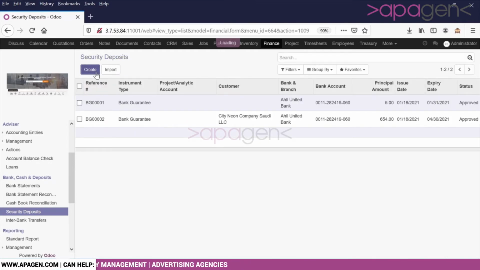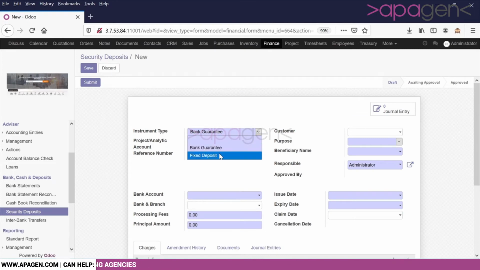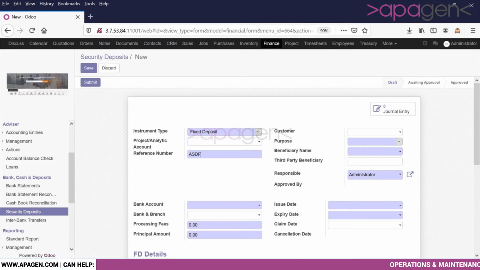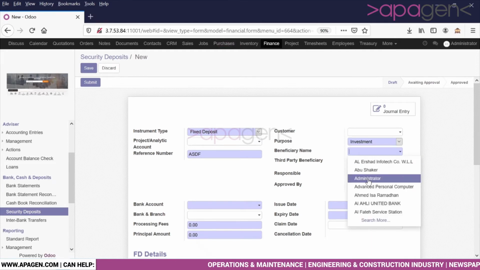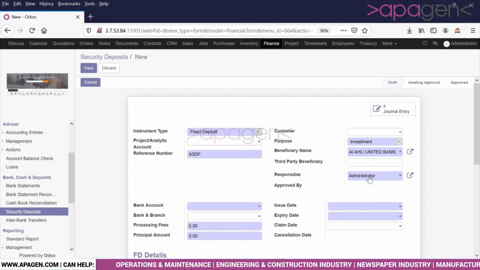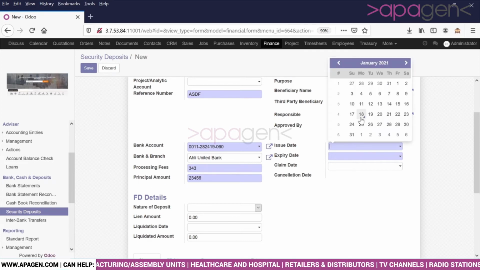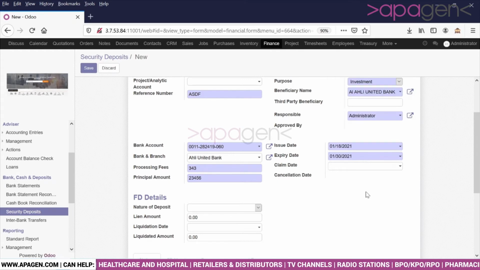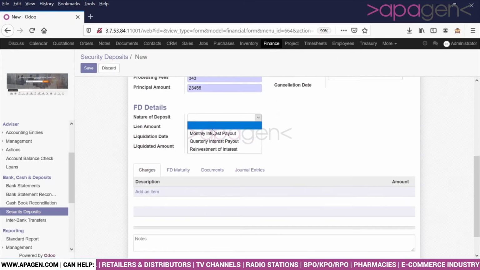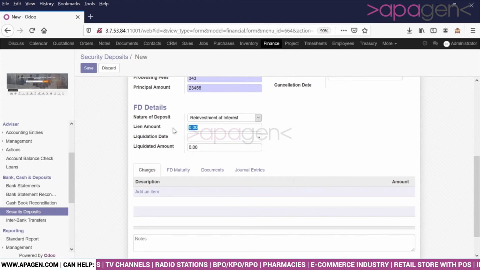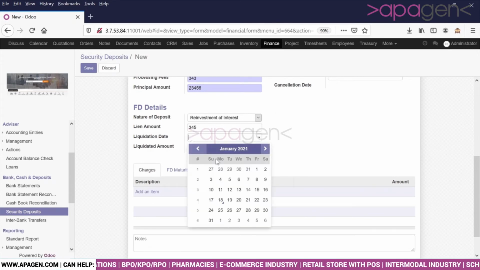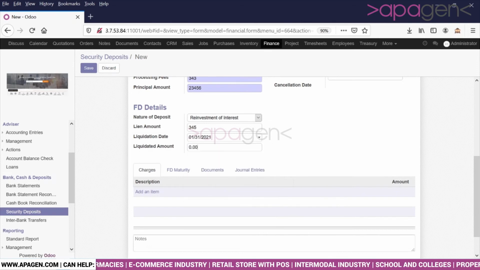Let's look at the other feature, which is for fixed deposits. If you look at fixed deposits, there are certain differences. We are going to specify the same accounts. We are going to define our issue date and expiry date. And here we are going to define the different types of deposits, the liquidation date,